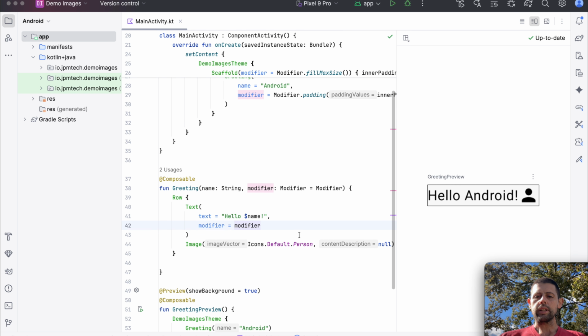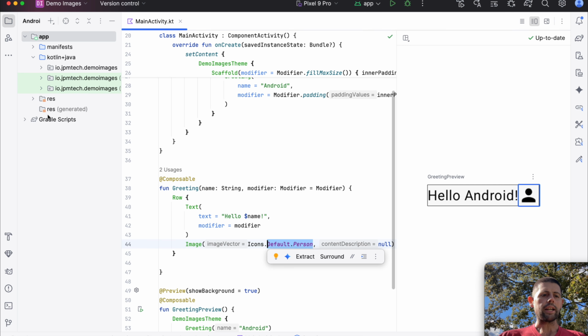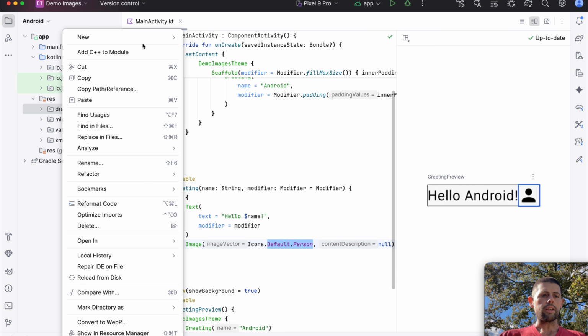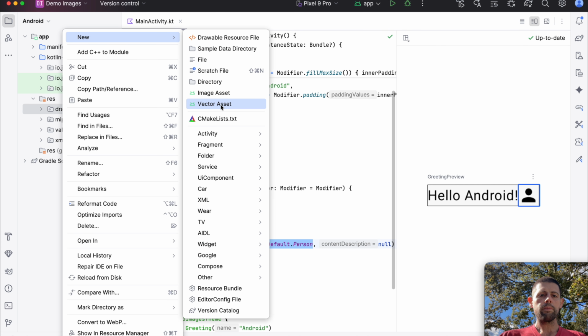Now that's a really easy way to do it, but what if the icon that you're wanting to add isn't in this default icons list? How could we get another icon added in? Well, there's a little bit different way of doing that, and so we could go over into our res folder here and into the drawable, and we could right click on this and say we want a new vector